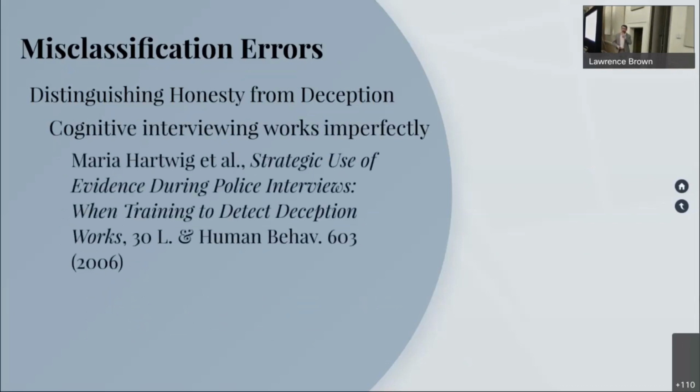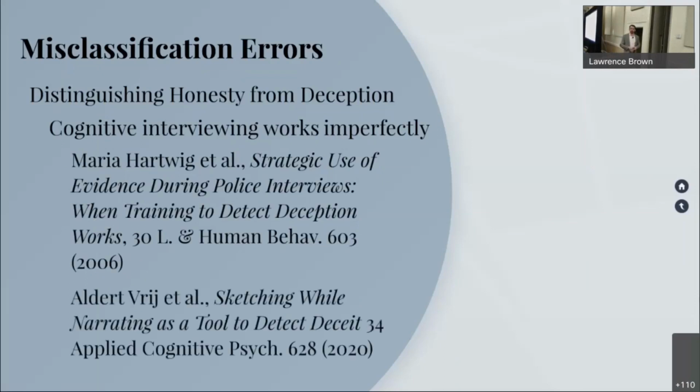Cognitive interviewing might be, for example, focusing on details. There is a statistically significant and meaningful correlation between the number of details that someone can provide and honesty. Because they don't have to make up details, they tend to give more consistent, detailed statements, right? And in a really interesting bit of research, the same group that did the study from which that first chart came also found that having someone sketch out information about a scene has a significant correlation with truth-telling.